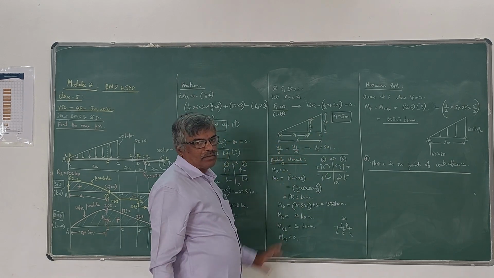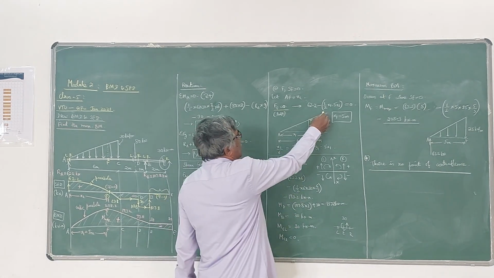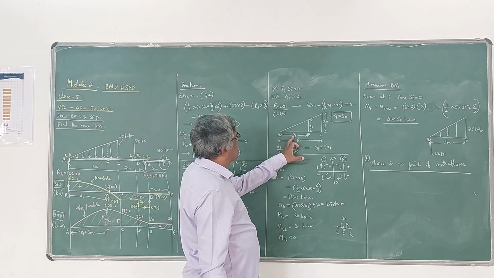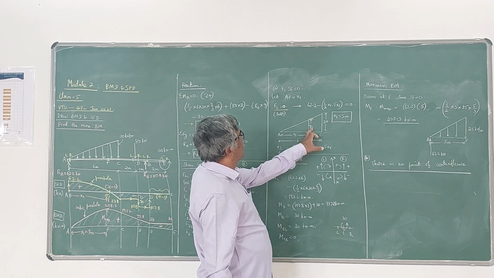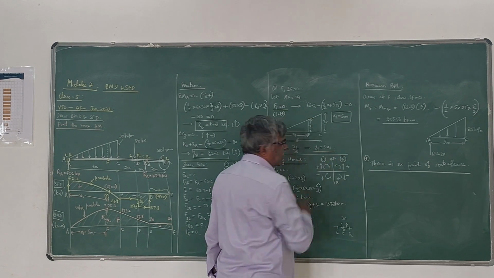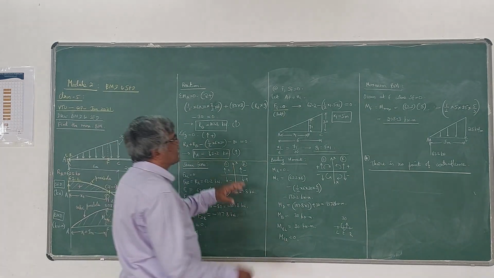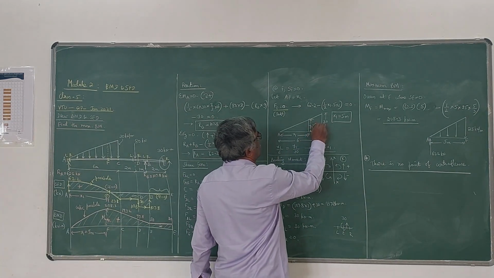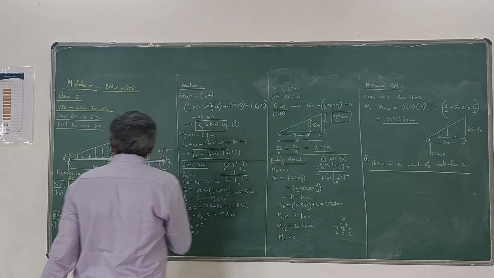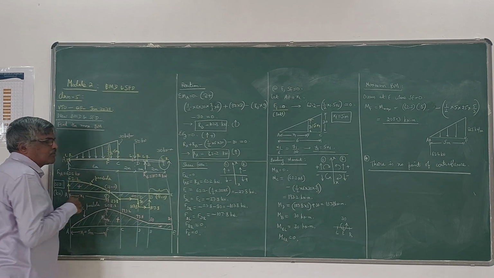Using similar triangle principles, respective sides are proportional to each other. Here the bigger triangle and the smaller triangle are both similar. So you can write x1 divided by 6 equals y1 divided by 30. If you use that concept, y1 becomes 5 times x1. So this load is 5 times x1 here. Now we have to write the expression for shear force at F, where y1 is nothing but 5 times x1.